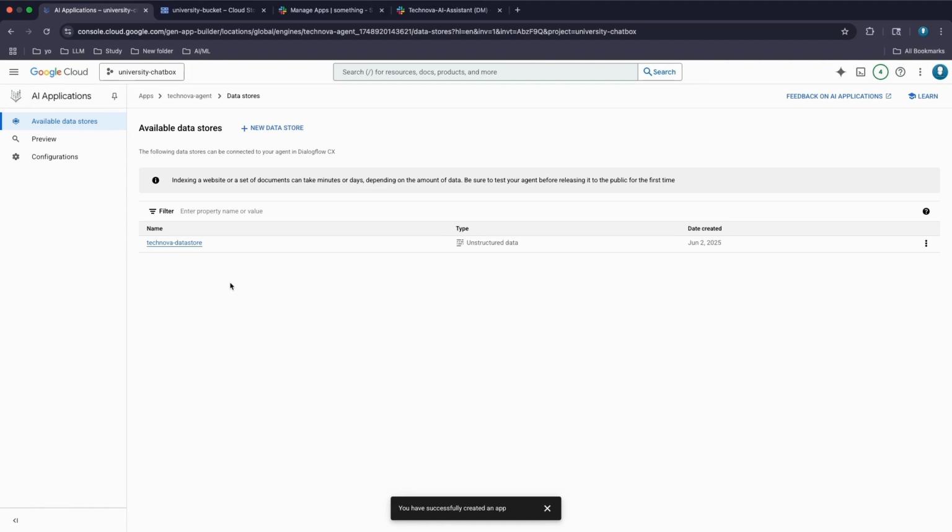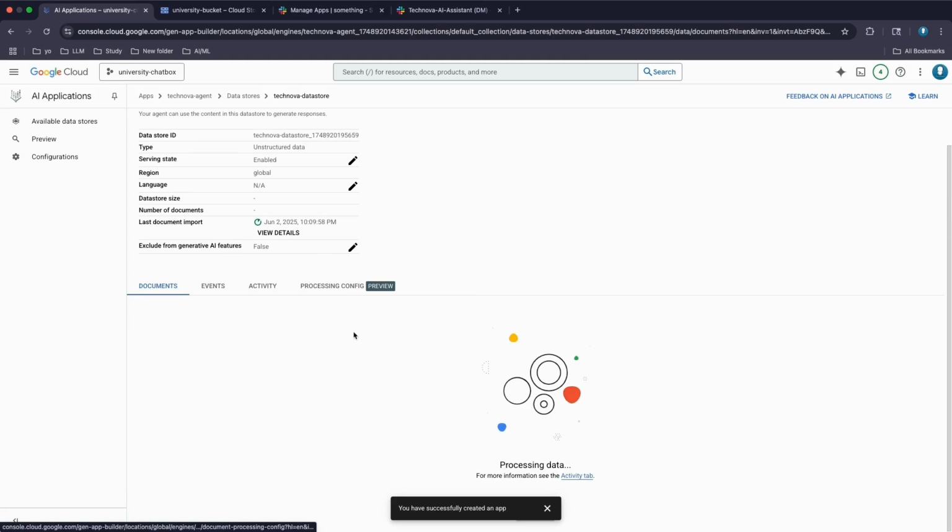So we just created it. It would take a few minutes to process the data. But in our case, the data is very small. So there is not much chunking, embedding, storing into vector index, all those things. So it would be pretty quick, I would think so. But for the purpose of this demo, I will try to integrate this agent with something called Dialogflow Gateway. Let's go to preview,